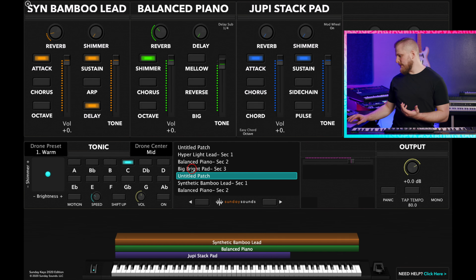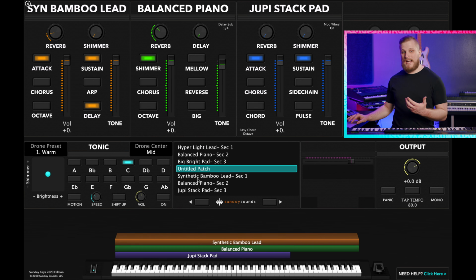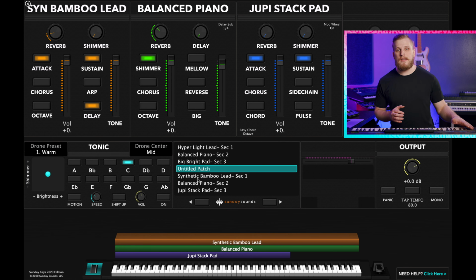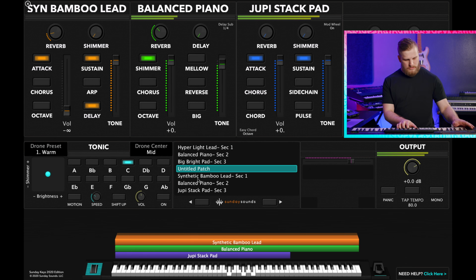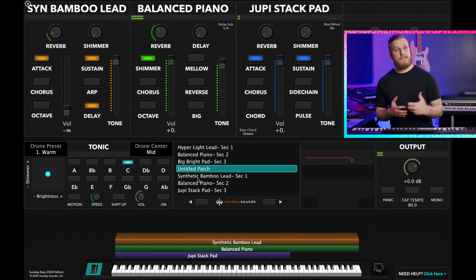So for this one, I've got the same balanced piano, and then I've swapped out the pad sound for something with a little bit more brightness, a little bit more attack on its own. So here is just the piano and pad. So that pad in and of itself is nice and bright, sort of in that lead territory as well, but